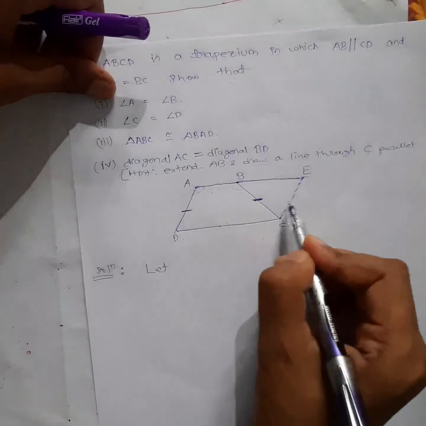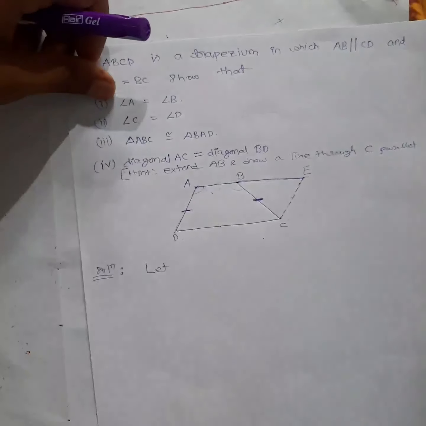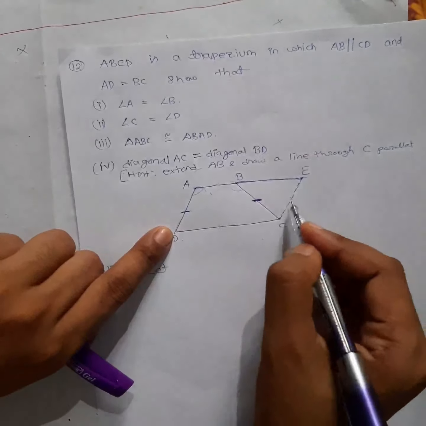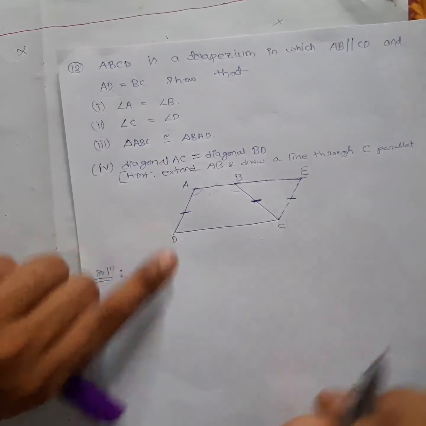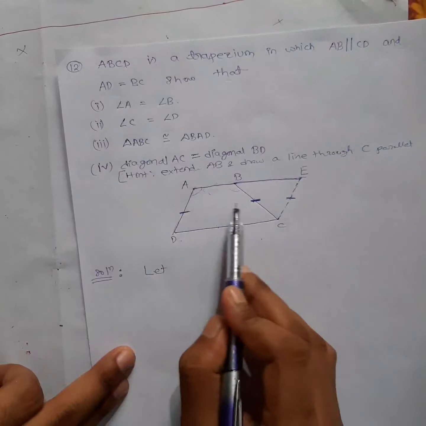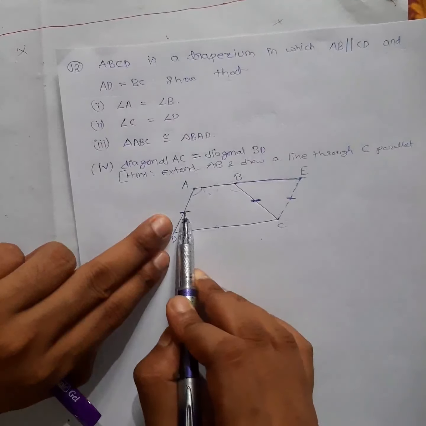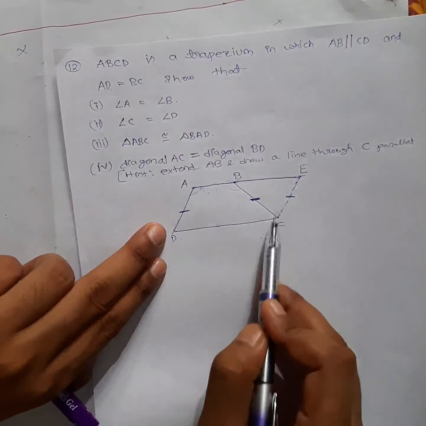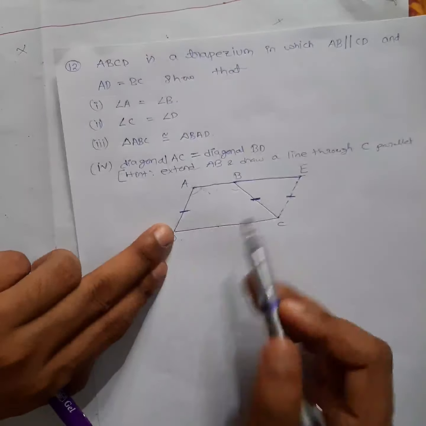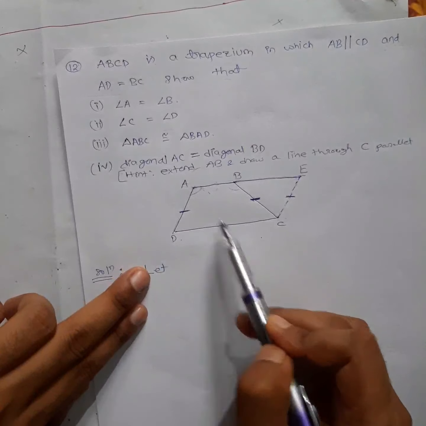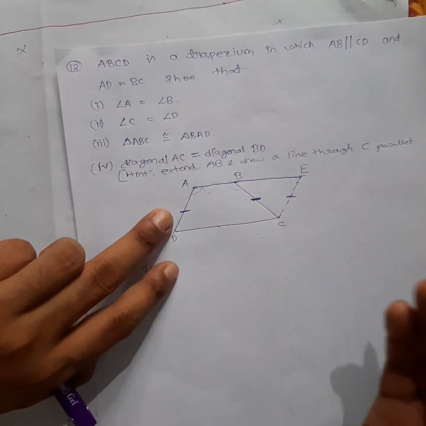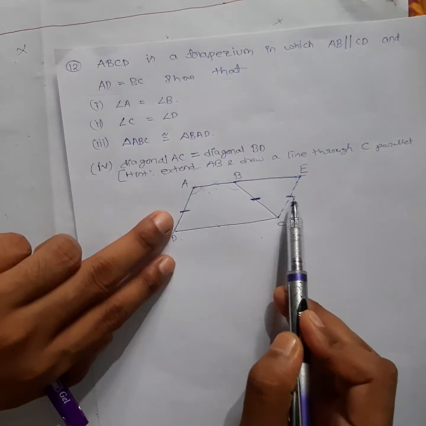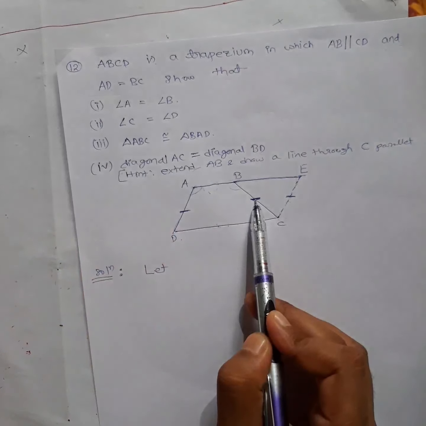So if this is parallel, now see here they have already given AD is equal to BC. Now why we have taken this one, you will understand now. See here, this also will be equal. Why? Because this is equal to this, right, and this is parallel to this one. We have drawn CE parallel to AD, and this and this are parallel and this also parallel. So you know in a parallelogram opposite sides are always equal. So obviously this and this also will be equal.